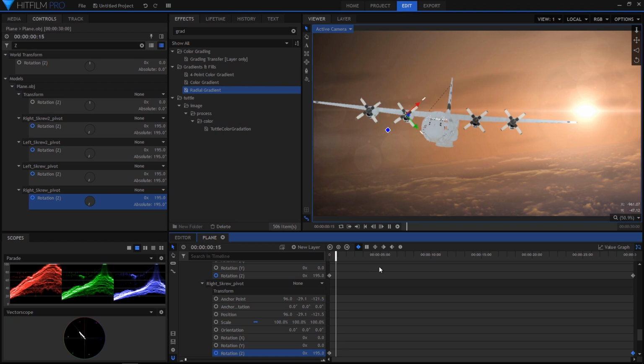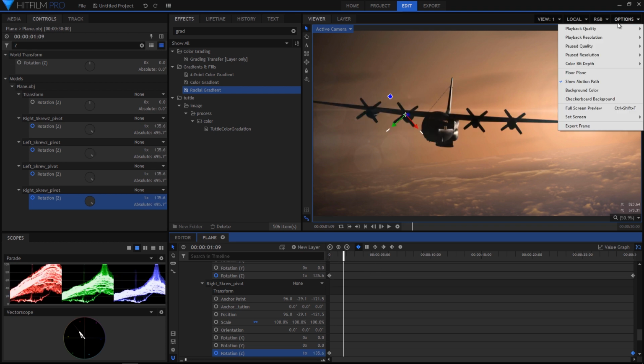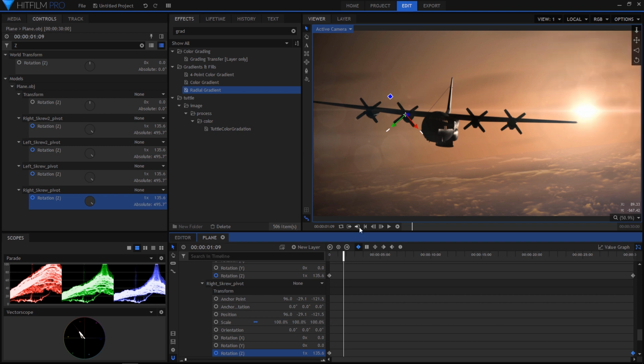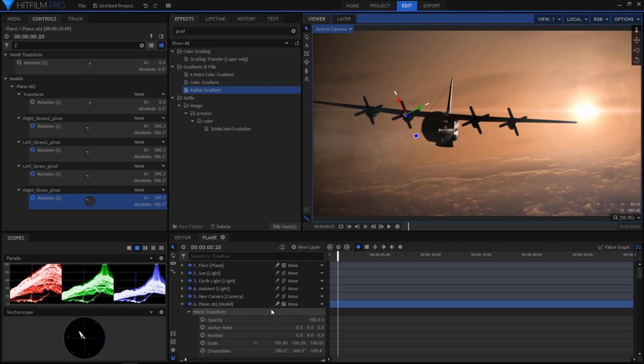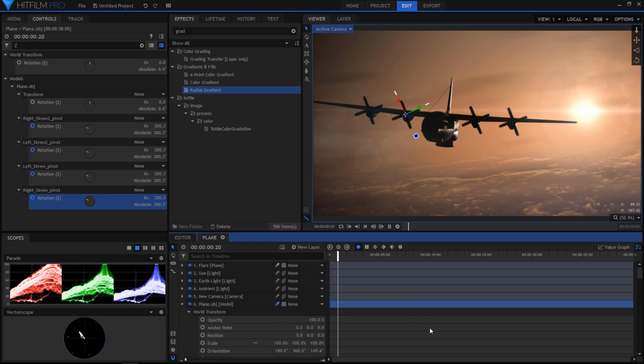If you want to see these kind of effects in the viewport, you have to make sure that under options in playback quality you have final selected. I will also select full resolution for playback resolution. Alright, let's see. Oh yeah, make sure to have motion blur activated for the plane layer.